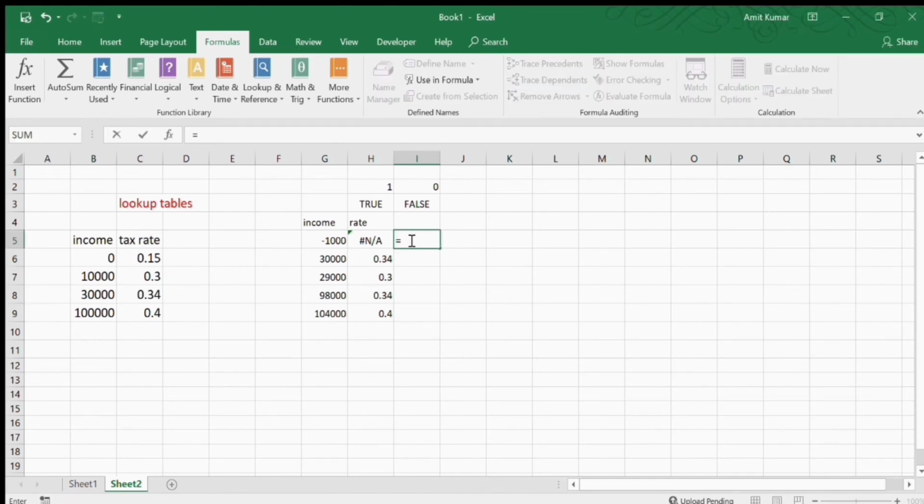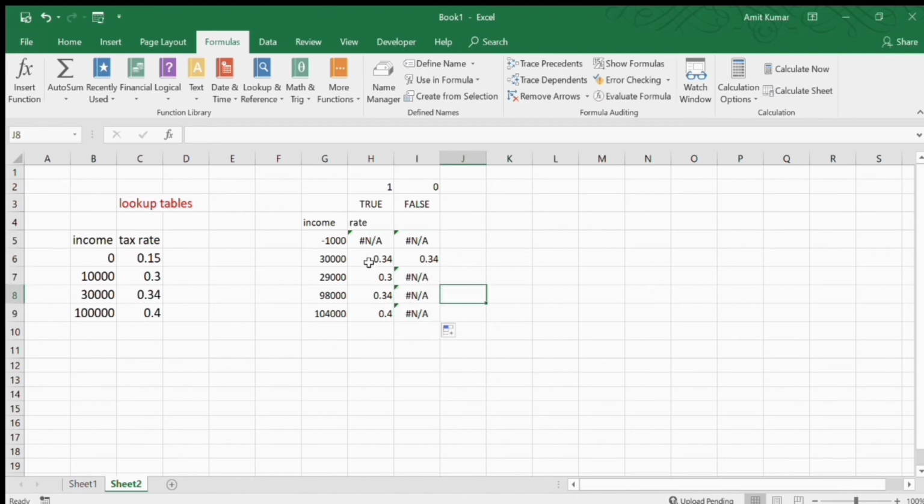Now if we put the value false as the range lookup argument, we have to select the lookup value. Then this is our table range. We earlier defined our table range, that is lookup, then column index number, same 2, and we will write false here. Okay, enter. So this is not available, and scroll down.